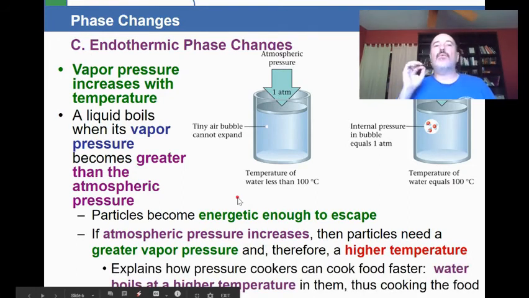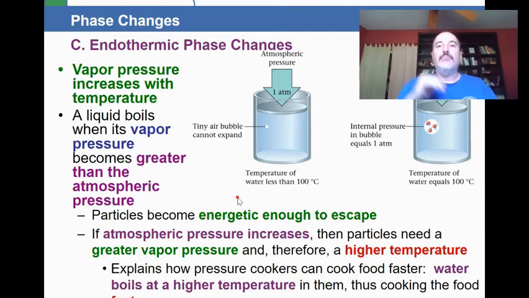Now, this explains why pressure cookers work. Sometimes they're called magic pots, but they will cook food faster. Water boils at a higher temperature in them, thus cooking the food at faster rates. All right. I remember when I first got married, we wanted to cook some